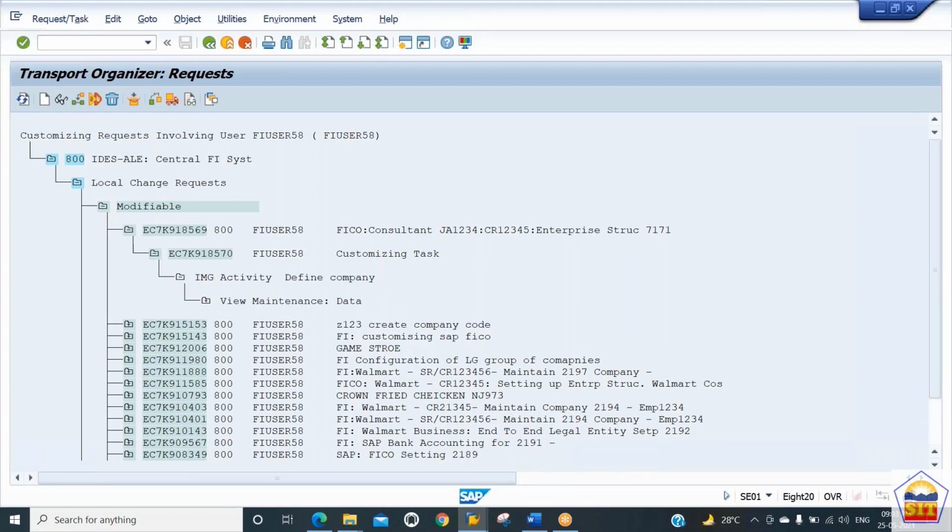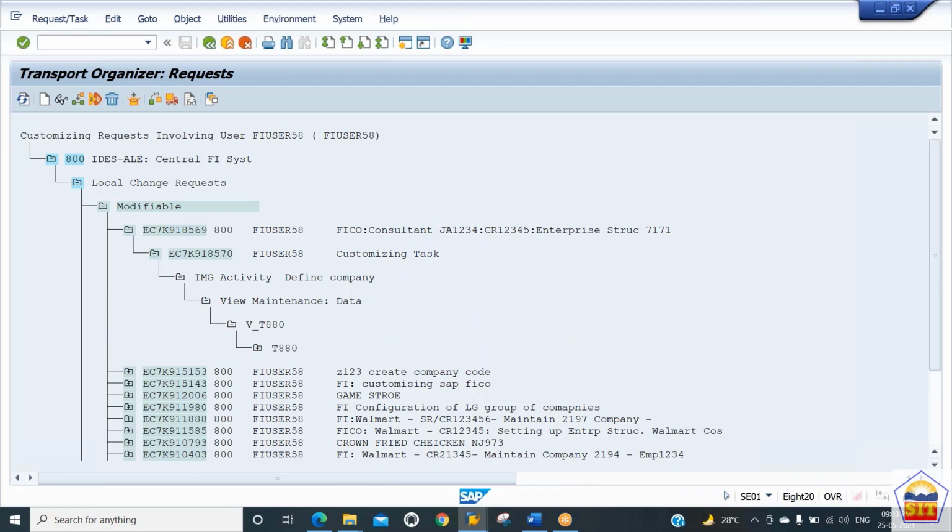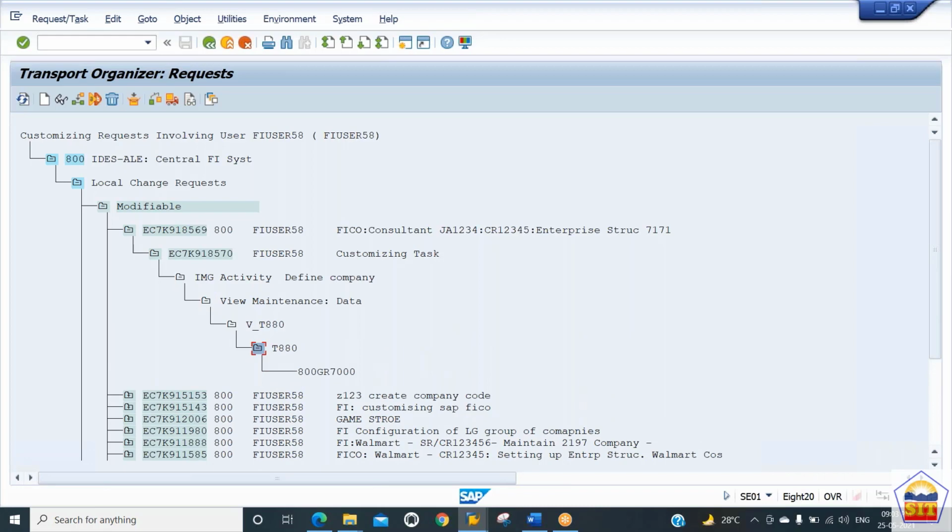So it will say that okay, you have defined a company. It is going to hit a table. Table ID is T880, and it will have in the table we have set up for the client 800 this GR7000 company. Actually, whatever the config data we will have in the backend, it is going to hit the